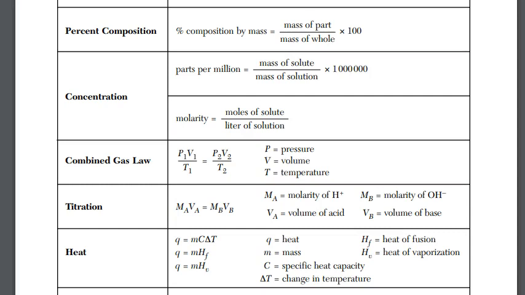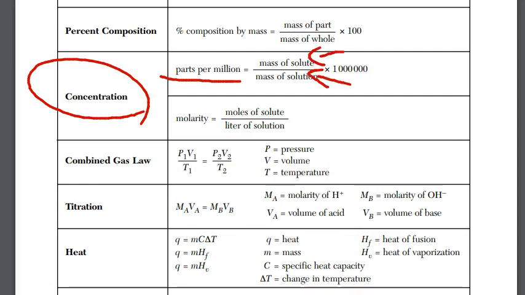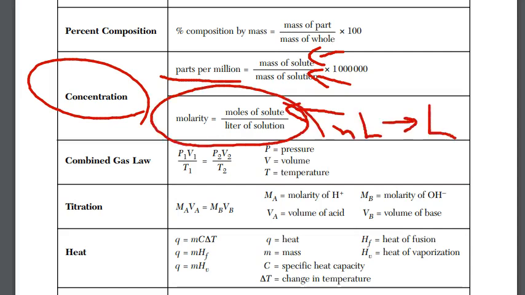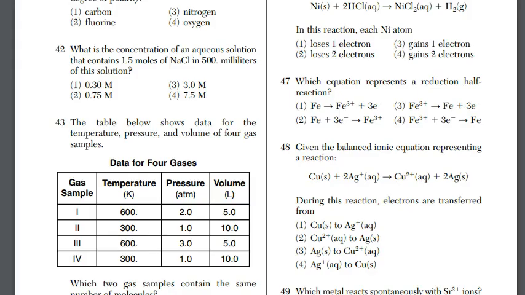Okay, looking at reference table T, we're looking at the concentration equations. The first one here for parts per million, it's asking for mass of solute and mass of solution. That's not what we were given. We were given moles of solute and milliliters of solution, which of course we can change to liters. So we're looking here at the molarity equation. Okay, so we have molarity is equal to moles, which is 1.5 over,